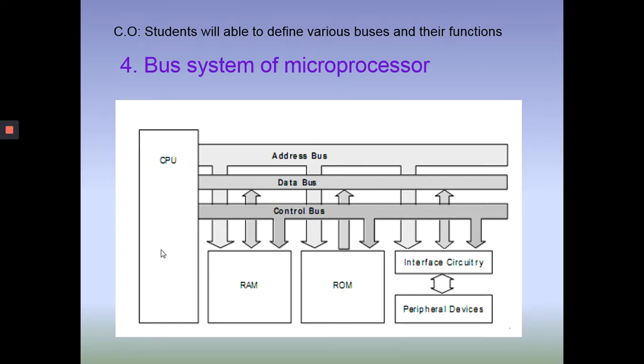So this data bus is of course bidirectional. For this particular case, the data bus is unidirectional because this is ROM, read only memory, so for this read only memory the direction is unidirectional. But this is RAM, so there are two directions. Data can flow in both directions, from processor to memory and from memory to processor. Third is the input output circuitry. Ultimately this interface circuitry is connected with input output devices, so again it is bidirectional here.